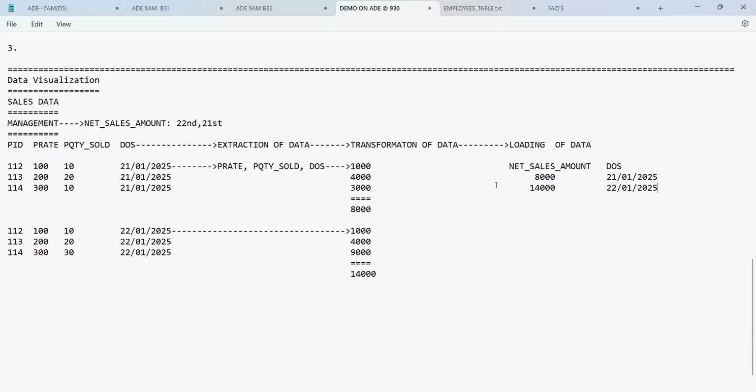No, we can't decide it manually. If you have 2,000 rows like this, can you decide it manually? Manual is something, but analysis is not possible. So whenever you want to perform this kind of analysis or comparison on the data,